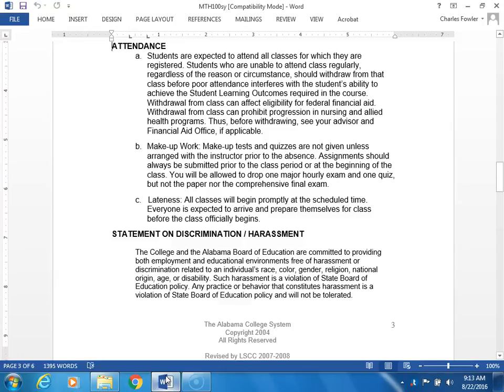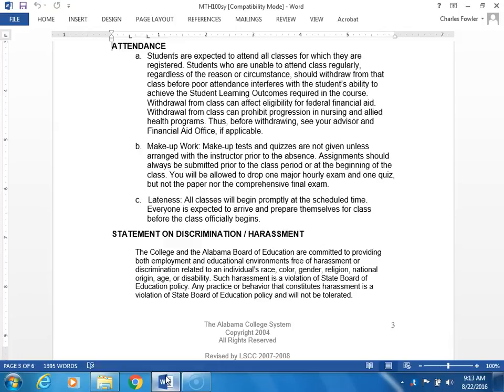Students are expected to attend all classes for which they're registered. This is in general. Students who are unable to attend class regularly, regardless of the reason, I mean, yeah, you can have excused absences. I don't care about that. If you're not in class, generally you're not going to get the material as well anyway, hopefully, that I'm doing my job. So if you're having to miss, whether it's intentional or non-intentional, excused or not excused, it's probably